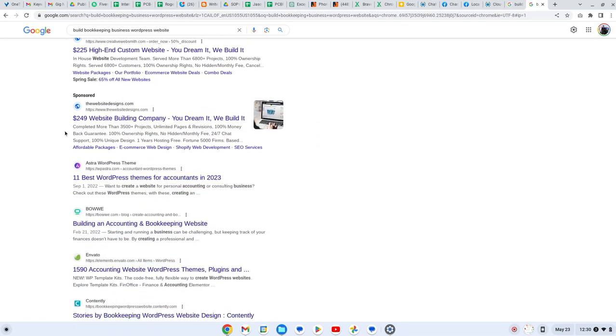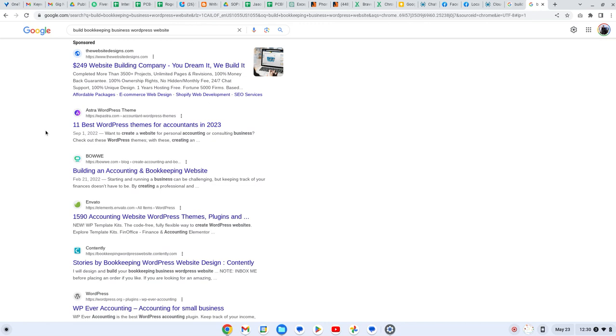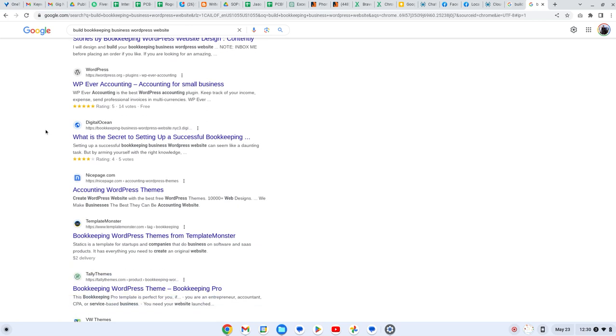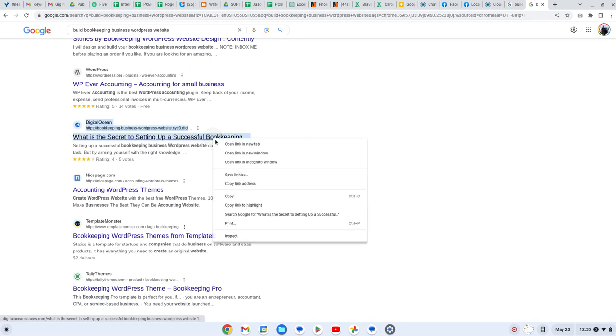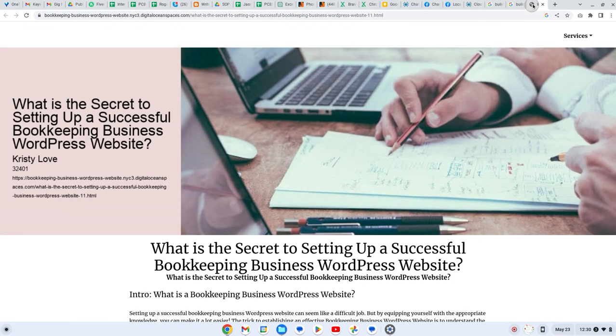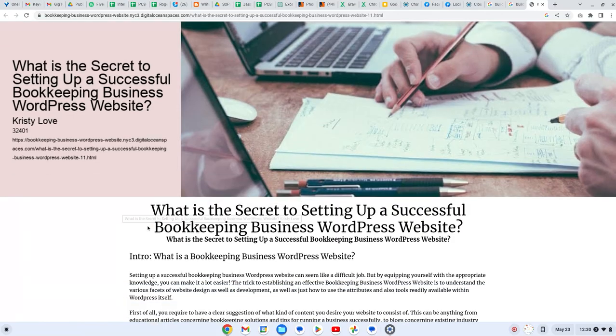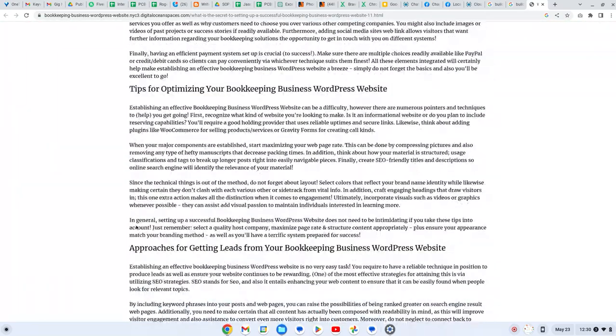This is a high value keyword. I mean, look at all the ads. If there weren't a bunch of ads, you would know this was not a high value keyword, but it is. So okay, here's DigitalOcean. This should probably be one of ours too, and look at the ratings. We use schema in our stacks, and that helps us get those ratings. Does this look familiar now? So there's another one we have on the second page,